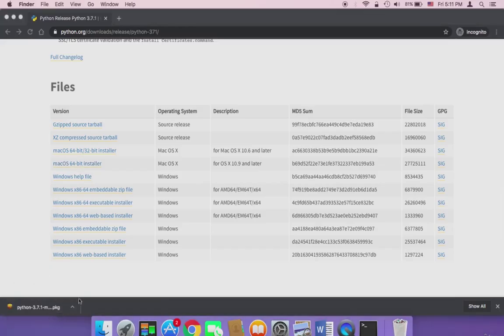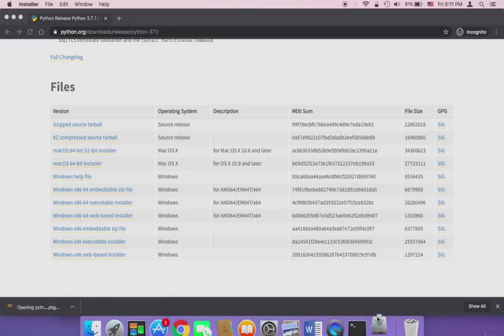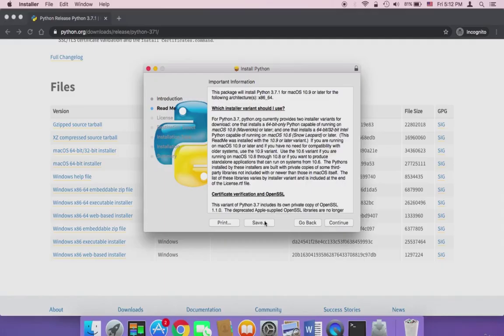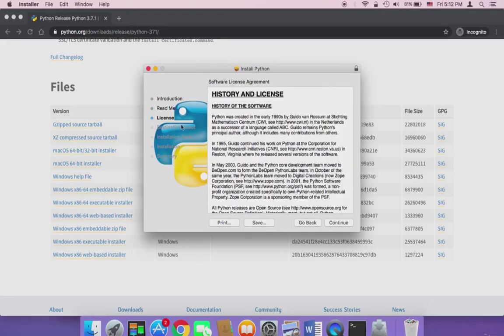You have here the installer. As you can see, the installer. You can download the installer. I'm going to click on it, and it's going to take some time to download this package. And once it's downloaded, all you need to do is open it, and then you need to